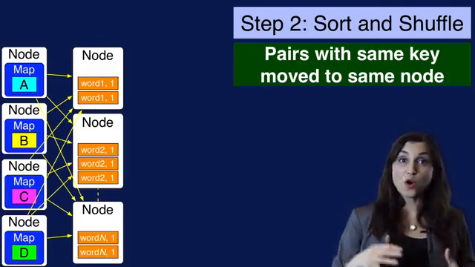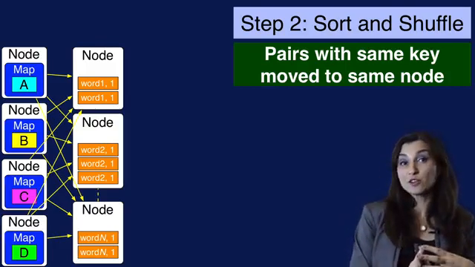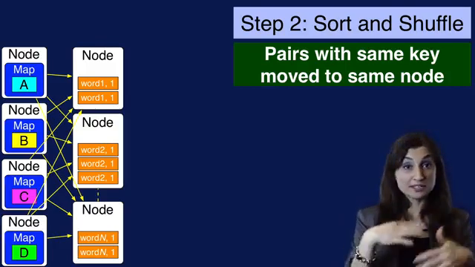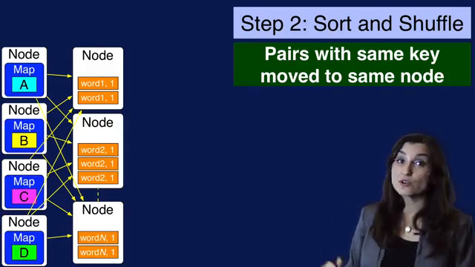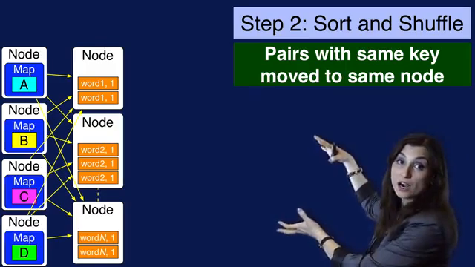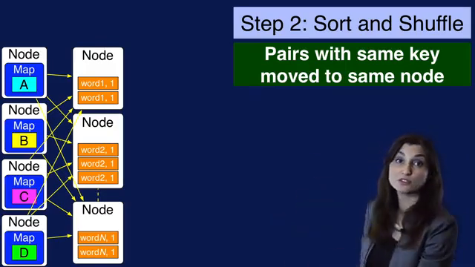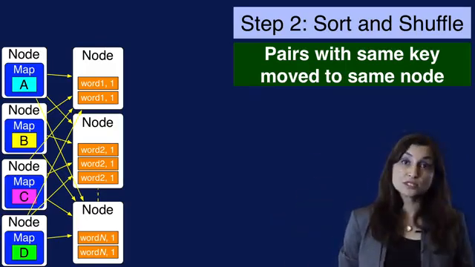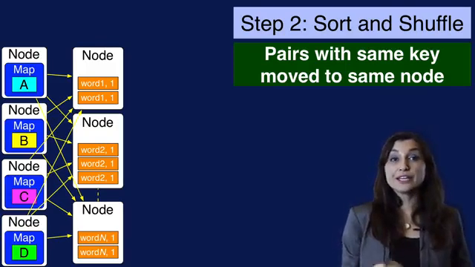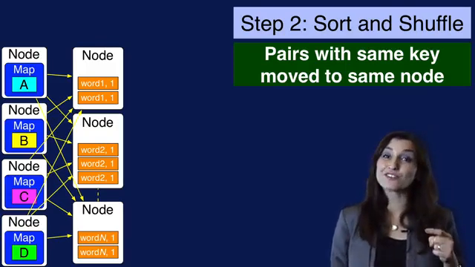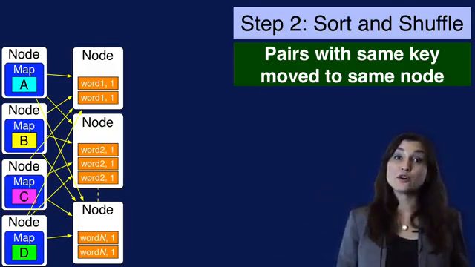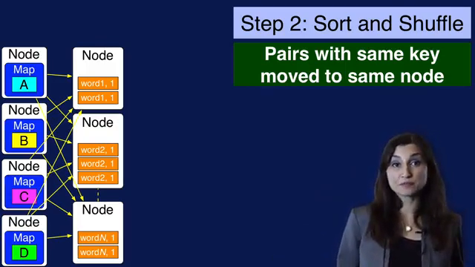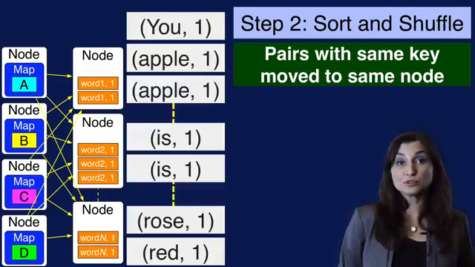Next, all the key values that were output from map are sorted based on their key. And the key values with the same word are moved or shuffled to the same node. To simplify this figure, each node only has a single word in orange boxes. But in general, a node will have many different words, just like our example from the 2 lines in A